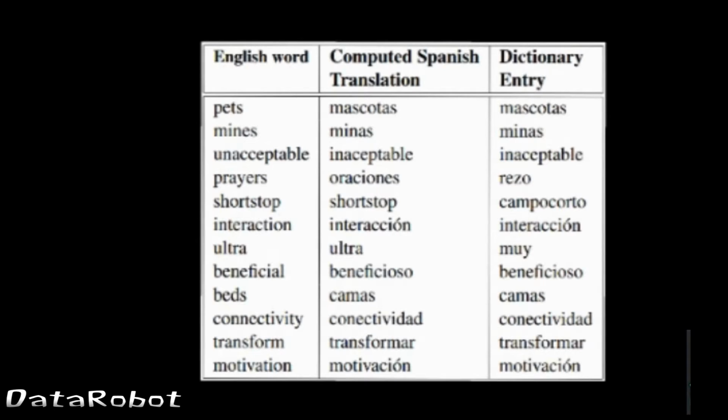Now there are some words that it did not get correct. The first one is prayers: the word is not oraciones, but the word is rezo. But I speak Spanish, and I can vouch that those are synonyms. Campo corto or short stop, also synonyms. Muy and ultra, also synonyms. So it's not perfect, but